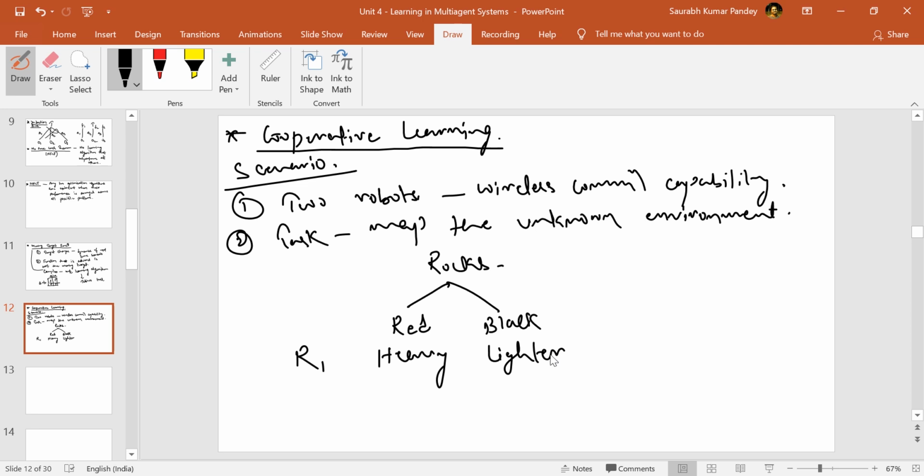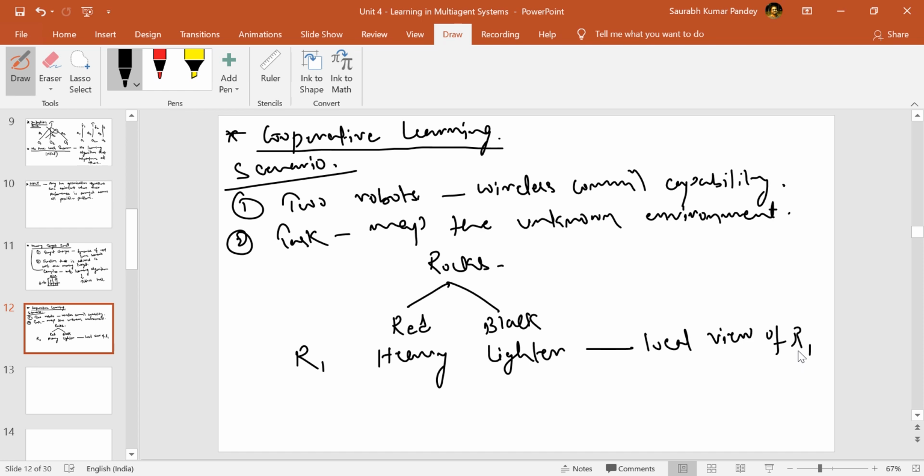Okay, this is the local view of robot R1. Now, if the same thing has to be sensed by R2, then what is the need of making a multi-agent system? The agents are basically working alone, stand alone or independently, right? So when we talk about multi-agent systems, then interaction must be there, right? And interaction should have some result. So here the interaction is in terms of cooperation.